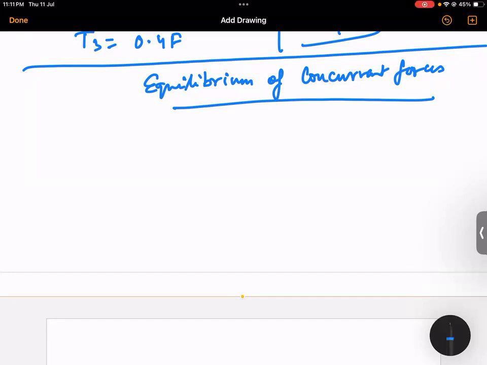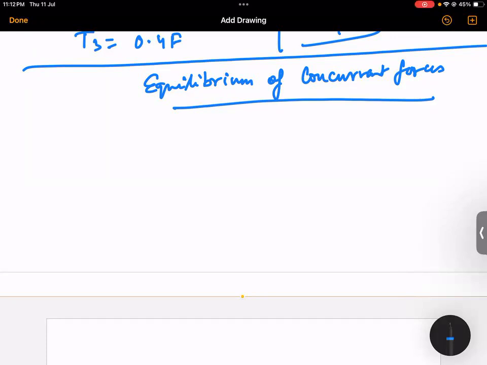Then write down: when a number of forces act on a body at the same point, and the net unbalanced force is zero,